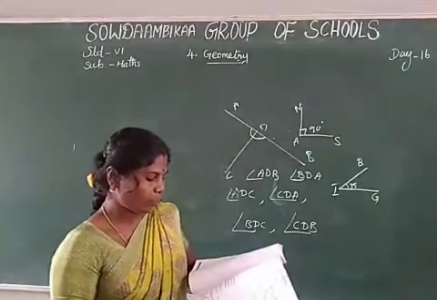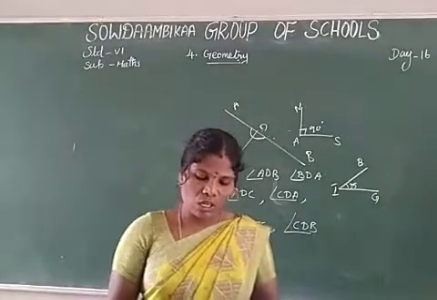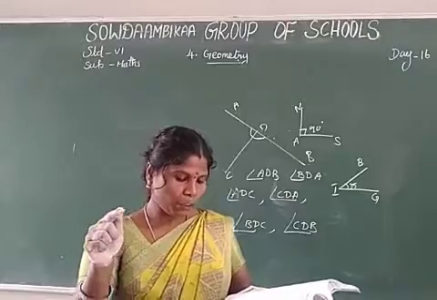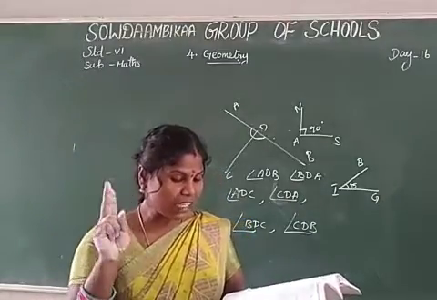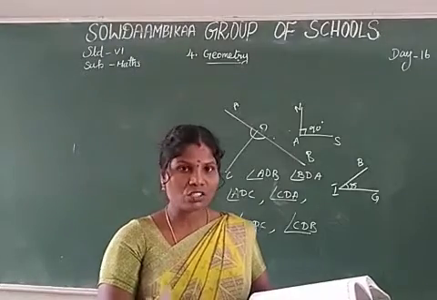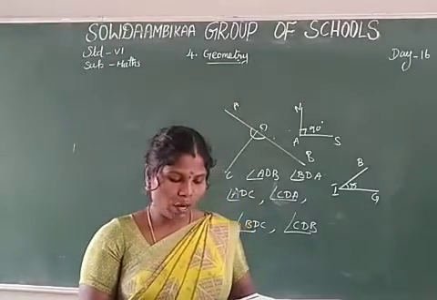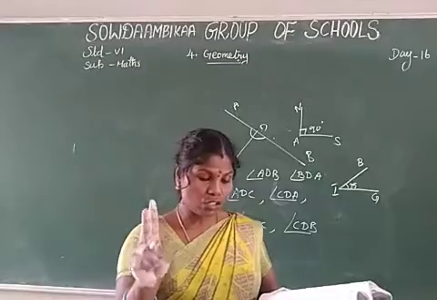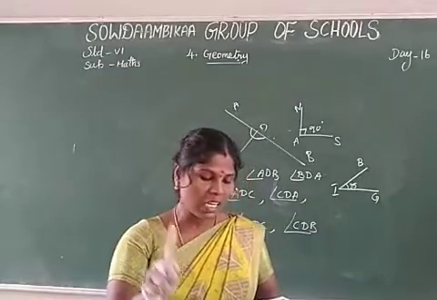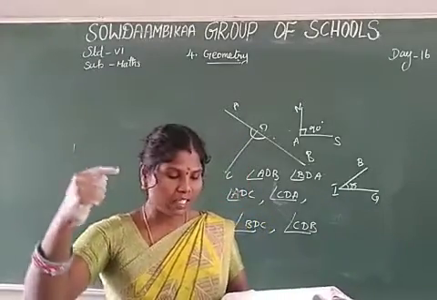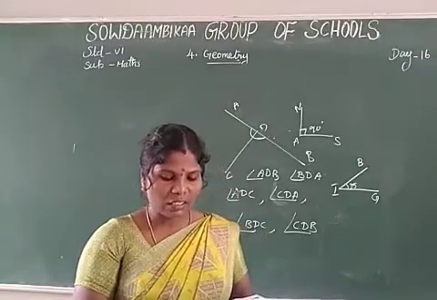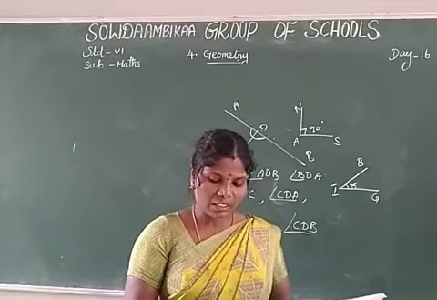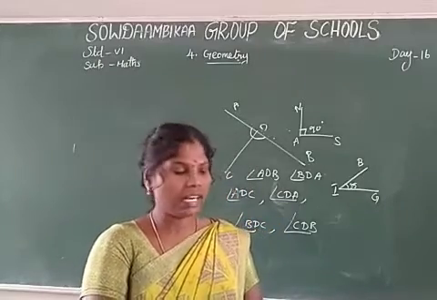Next, 9: identify the types of angles shown by the hands. First one, 345, is an obtuse angle. Second one, straight angle or zero angle. Sorry, second one zero angle, because both hands are shown together. First one obtuse angle. Second one zero angle. And third one straight angle. Fourth one acute angle. Fifth one straight angle.